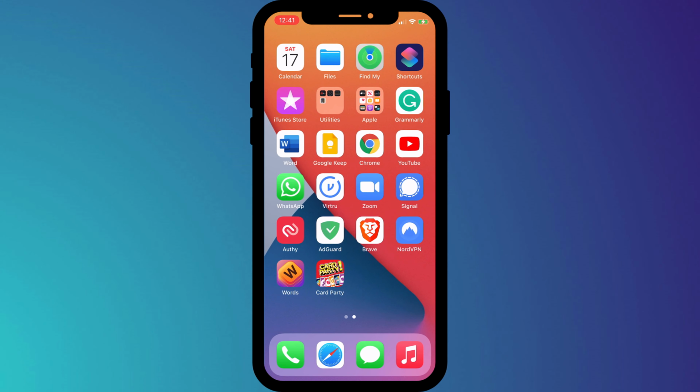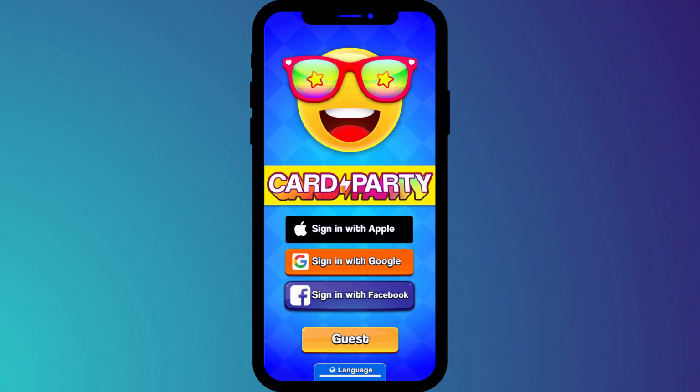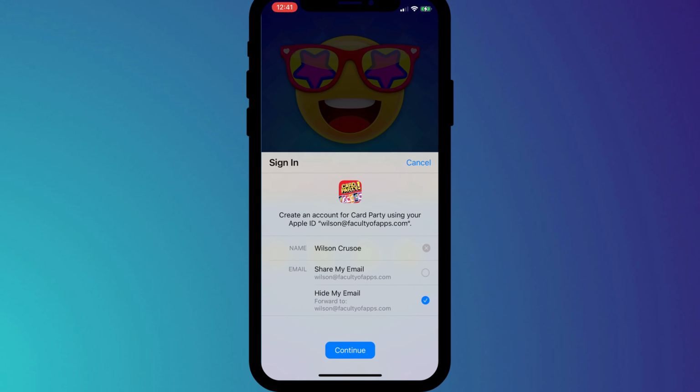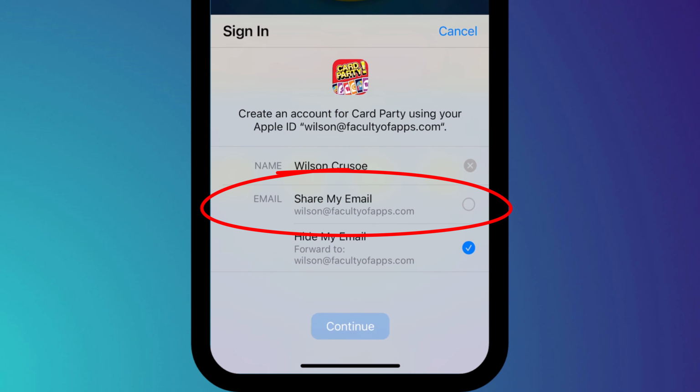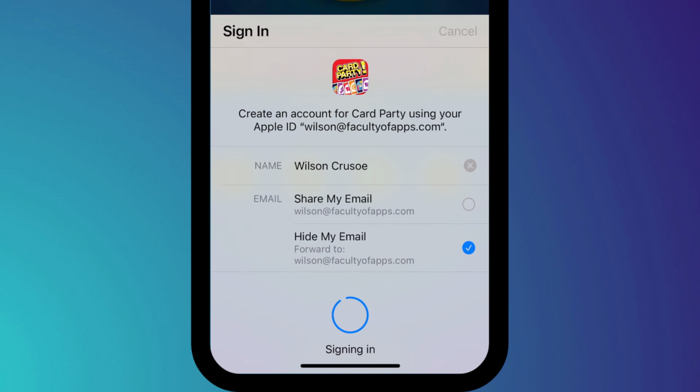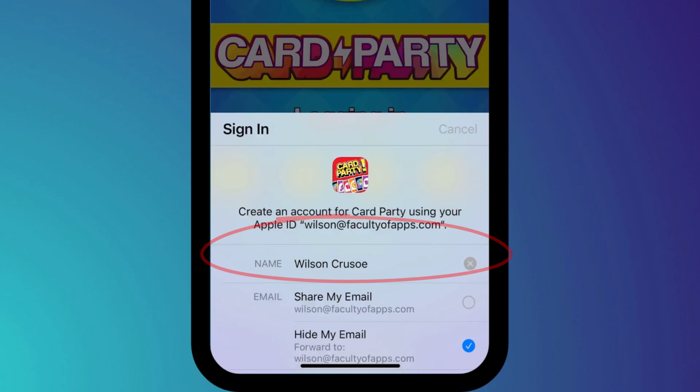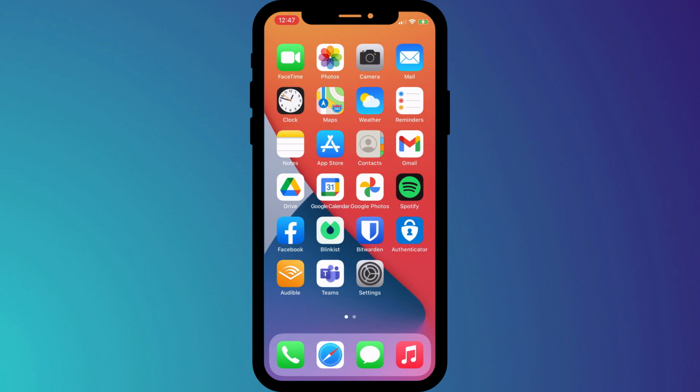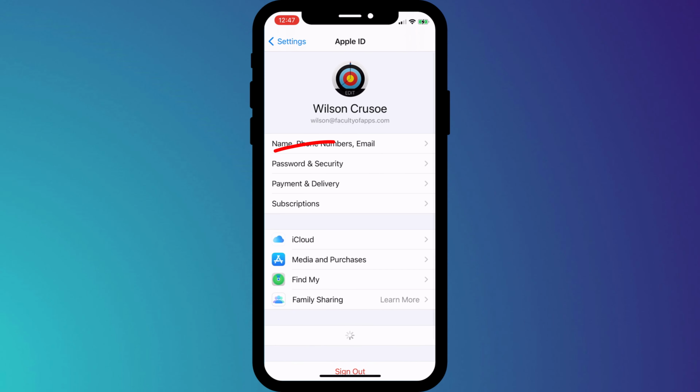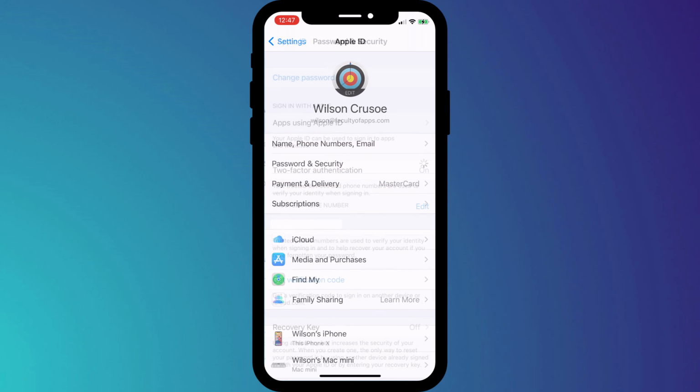Using your Apple ID to sign into apps is a quick, easy and secure way of managing your account credentials. When signing in with your Apple ID, Apple will either use the same email address you use for your Apple account, or it will create an alias. You can see which apps are using your Apple ID by going into Settings, clicking on your name and choosing